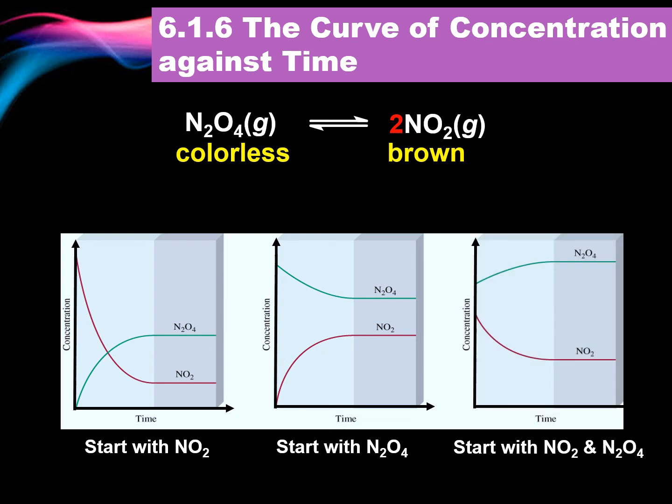All of these graphs show the part at which the concentrations of both NO2 and N2O4 remain constant. This indicates that the reaction has already reached equilibrium. At this state also, the rate of forward and reverse reaction will be equal to